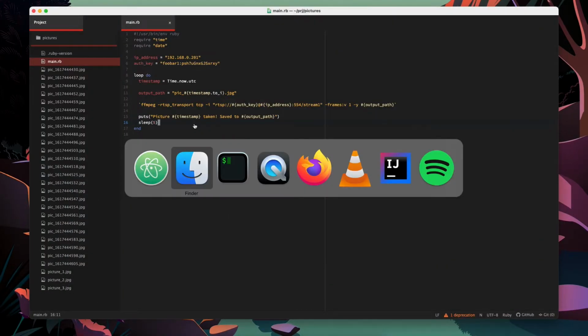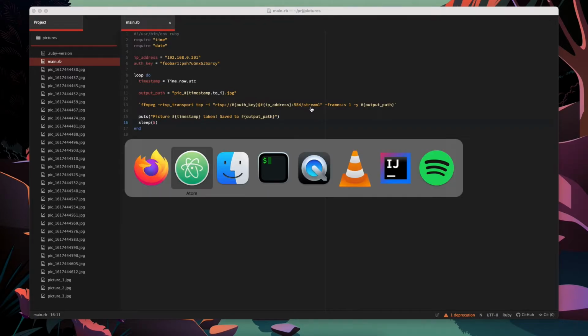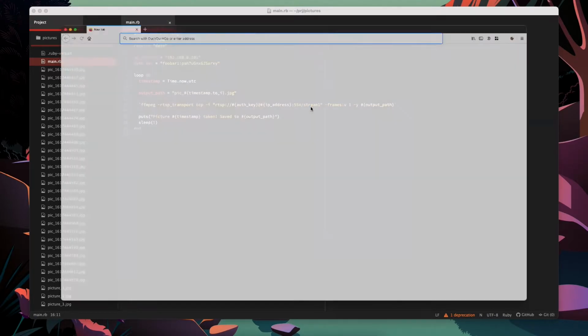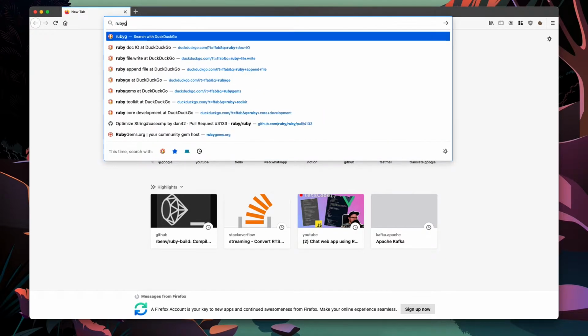So what I want to do is use a gem whose name I don't remember actually, so I have to do a little bit of research. So let me open my browser and let me go to RubyGems,